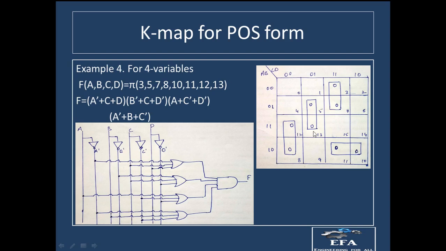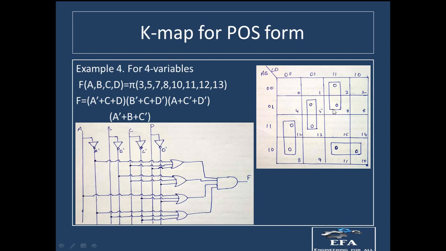Okay, now we have to group them. How can we group them? Now you can see this is the first group which we can make, this is the second group, and this is the third group, this is the fourth group. So this group need not be made, and this group need not be made, because they are already covered, these zeros are already covered, so we need not take them again and again.